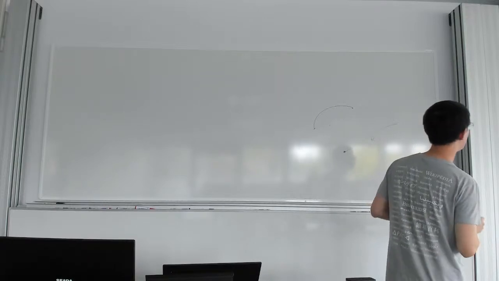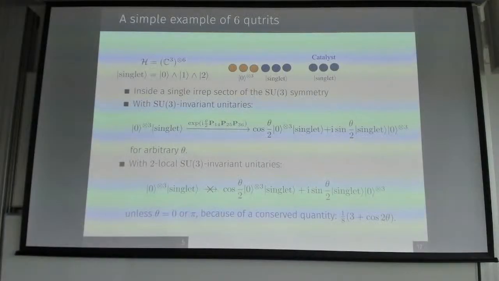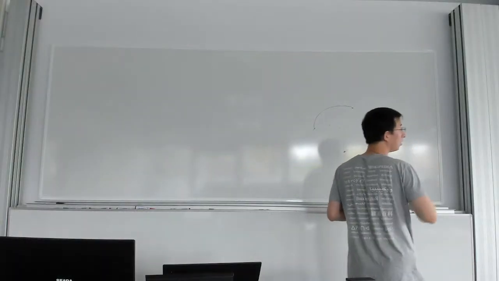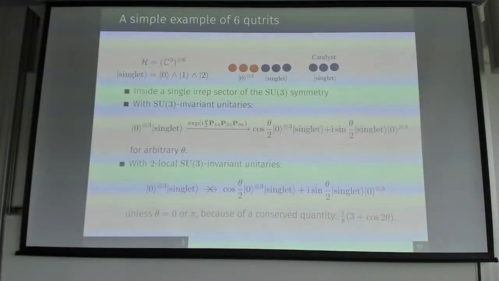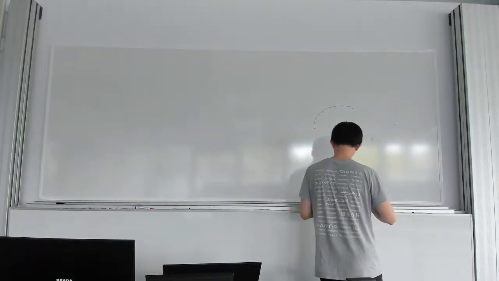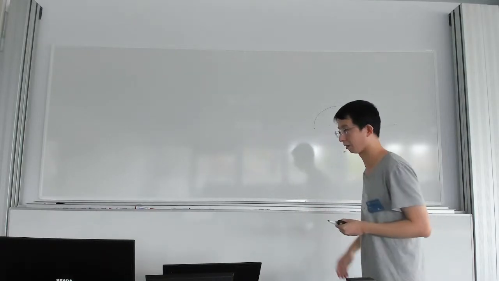Any theta is possible, so any of these states are possible because you have an SU(3) invariant unitary to go from a state here to any state on this line. However, if you require 2-local, then maybe a better way to draw it is like